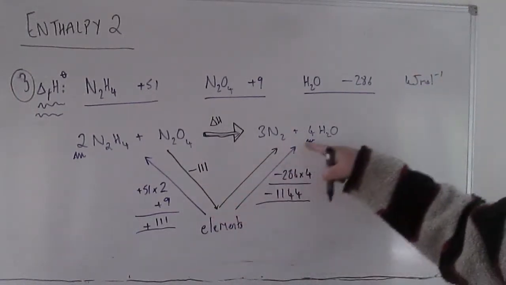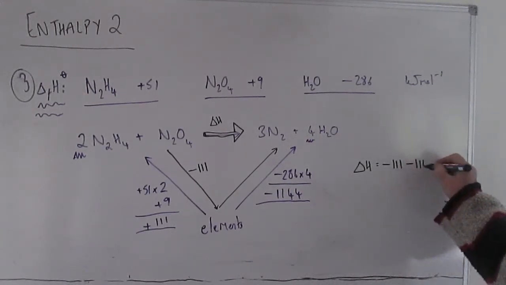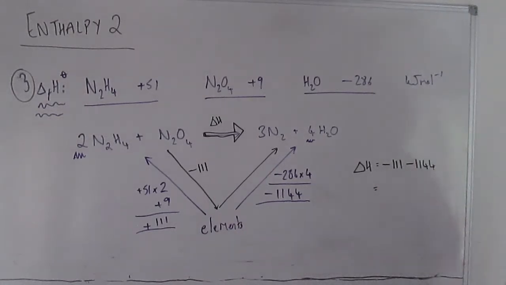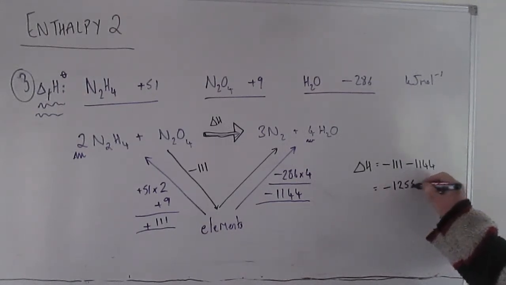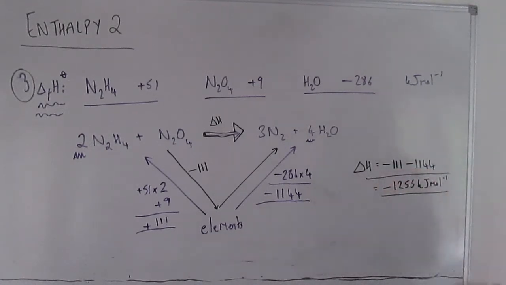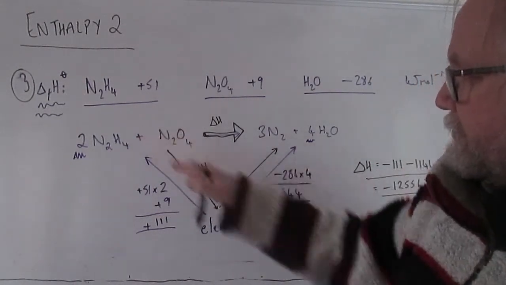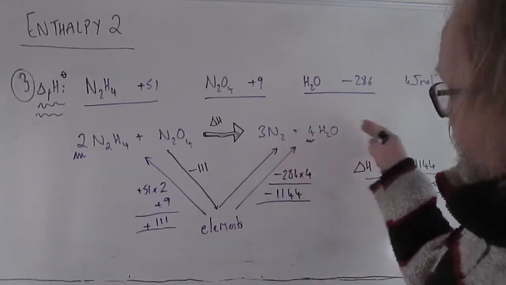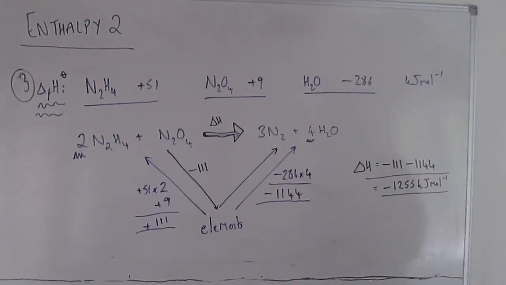But going up there, well, that's just the same as that. Okay, going in the right direction there, so that's minus 1144, and that comes to minus 1255 kilojoules per mole. So that's your answer. So you can see this time it's very exothermic, and that was driven by the fact that breaking down these compounds into the elements was exothermic, and then converting those elements into these was exothermic again. So both legs are exothermic, so you end up with a very big exothermic number altogether.